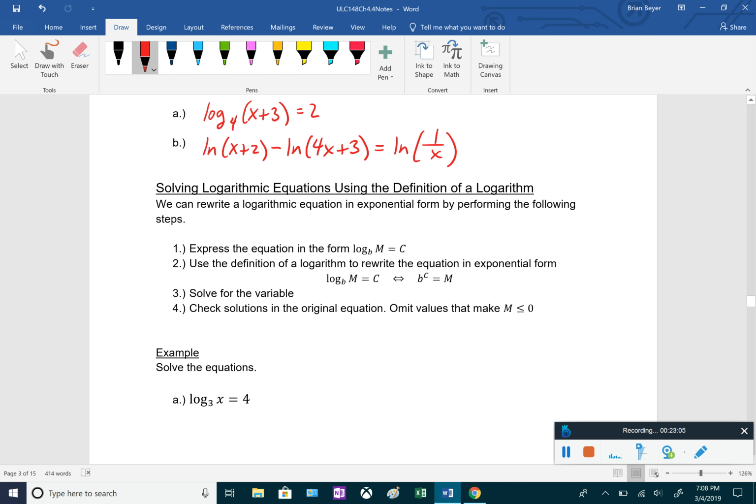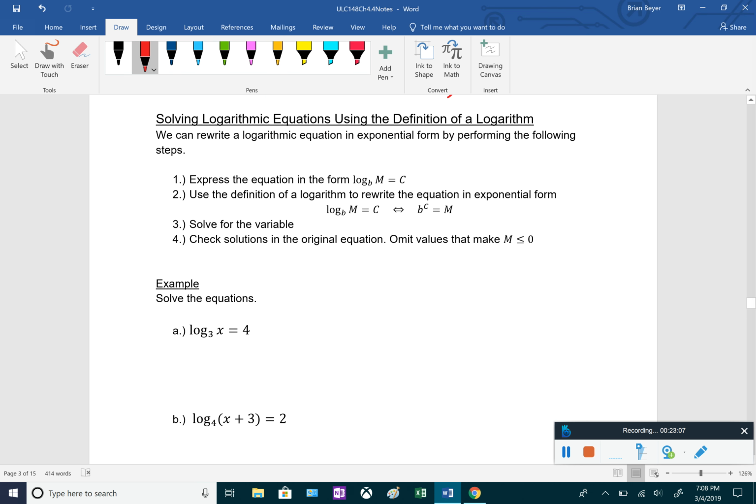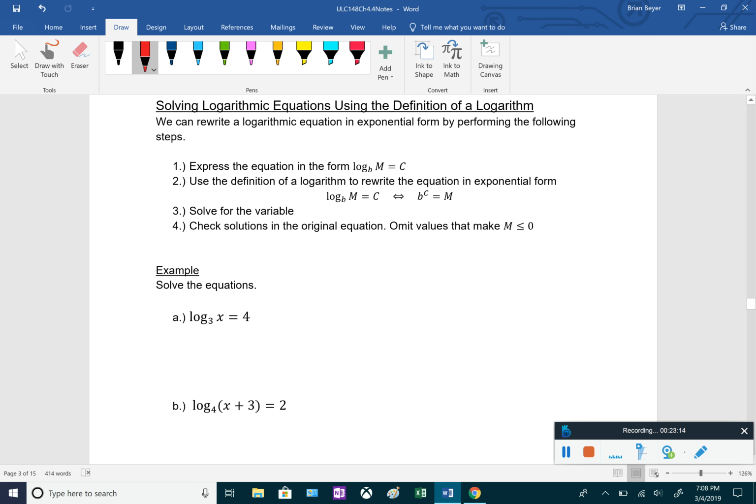Okay, so starting off, we'll start off easier. So solving logarithmic equations using the definition of a logarithm. All that means is we're going to be converting these to exponential form and solving them. So the first step is to express the equation in the form log base b of m equals c. Essentially that just means isolate the logarithm. And then we're going to convert it to exponential form, solve for the variable, and we have to check the